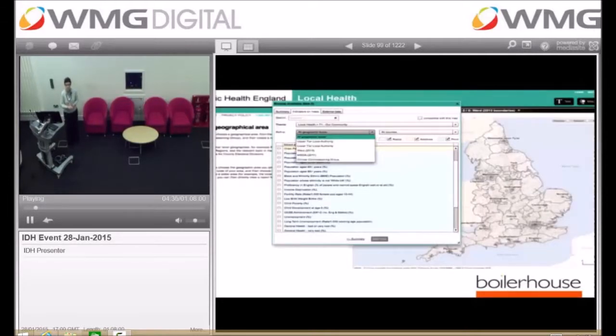Anyone that looks at Public Health England data a lot will be familiar with this type of presentation. They're changing now, obviously, but what people have done here is try to put loads and loads of information and data into one tool, and that can be extremely confusing for people who don't deal with data a lot and people who are very short of time. They're moving away from this, as I said, and some of you may have seen this